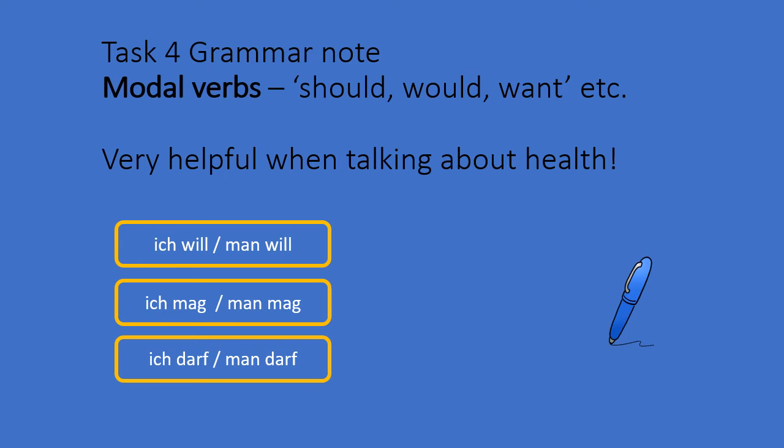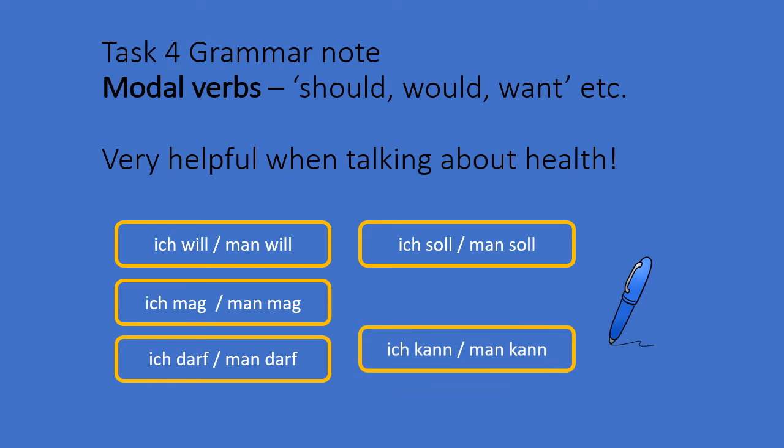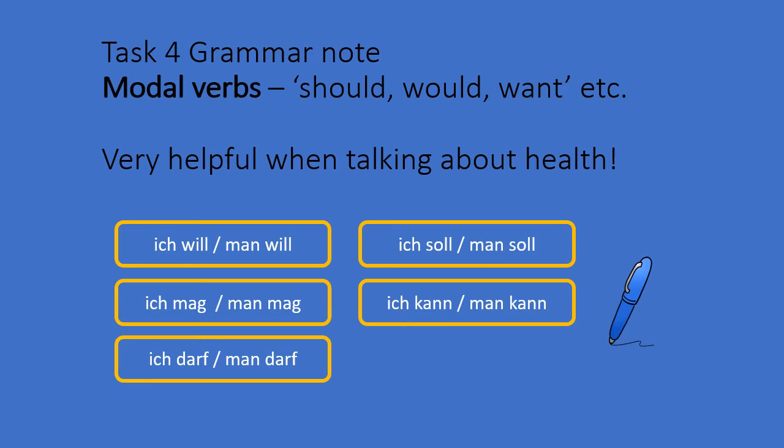Ich darf, I may. Man darf, one may. Ich soll, man soll. I should, one should. Ich kann, man kann. I can, one can. Ich muss, I must. Man muss, one must. So also to be noted down are a list of phrases here which show you modal